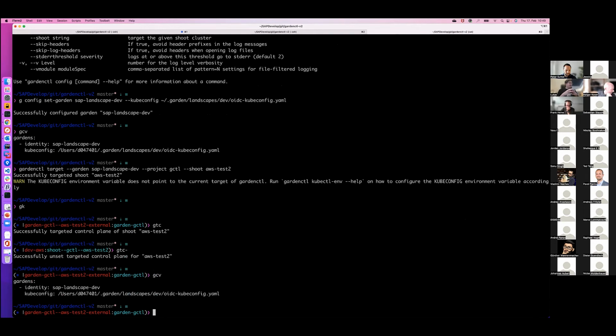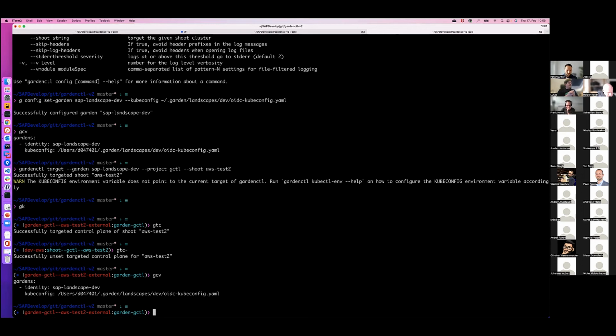So right now, we see that there's one garden configured, and it has currently no pattern configured. But we will do this now. You can add one or more patterns to each garden that allow you to customize how you add more ways of targeting for this garden. So what I want to show you now is how you would do this